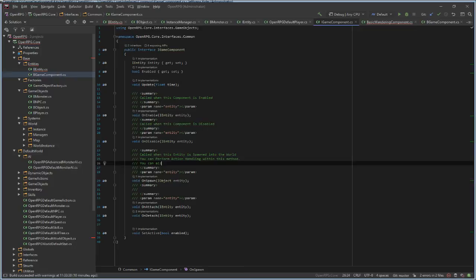You can also perform instance-specific operations safely within this method.